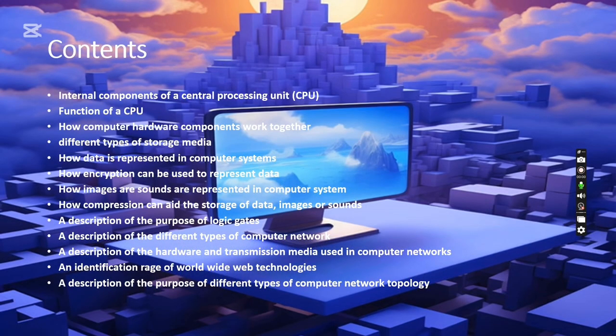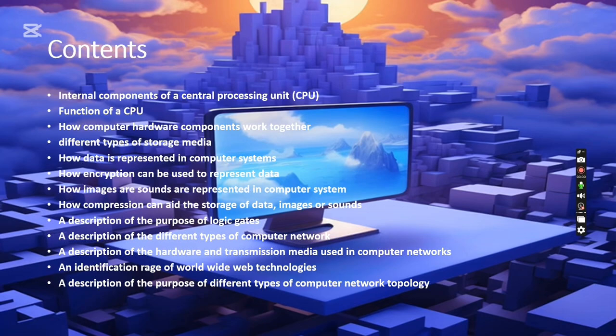Contents: internal components of a central processing unit, that's called CPU. Functions of a CPU: how computer hardware components work together, different types of storage media, how data is represented in computer systems, how encryption can be used to represent data, how images or sounds are represented in computer systems, how compression can add the storage of data, images or sounds, a description of the purpose of logic gates, a description